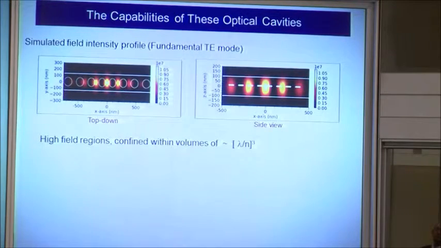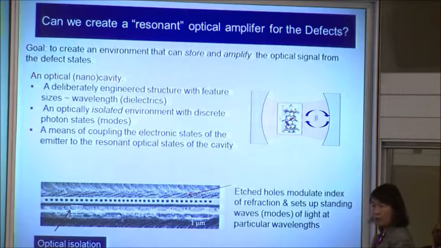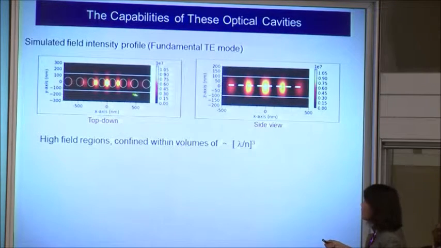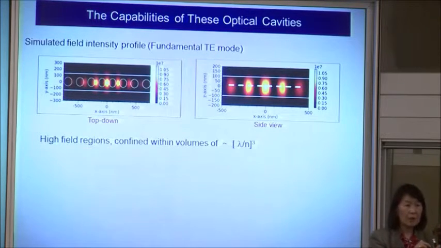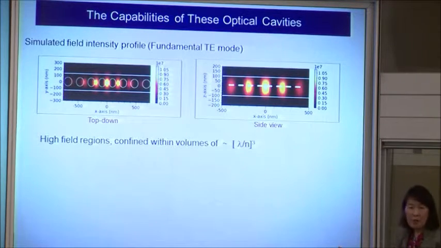What does this look like if I actually go further and try to model what it should look like? So these are simulations. It's a technique called finite difference time domain simulations. We're looking top down and side view of this bridge. And what we do is we model the material constants, silicon carbide, air. We change the dimensions of the holes. We change the separation of the holes. And we look at what are the standing wave solutions of photons of different frequencies that are transmitted through this